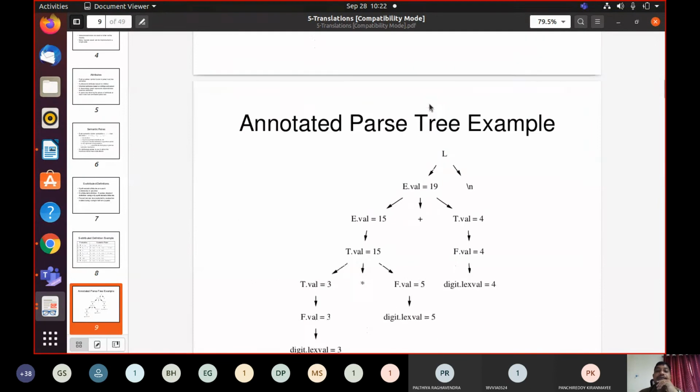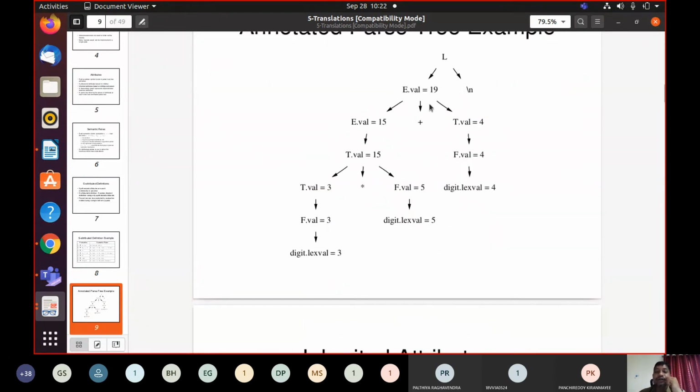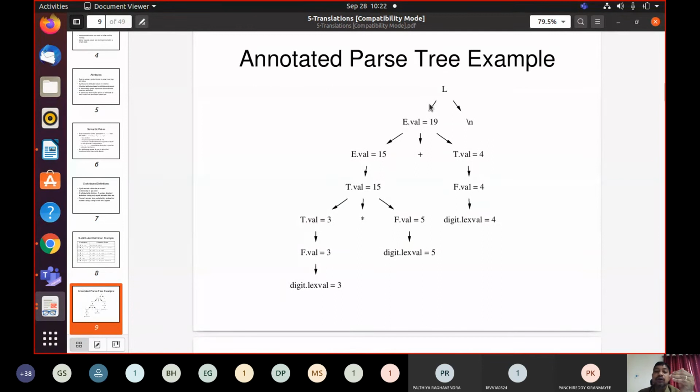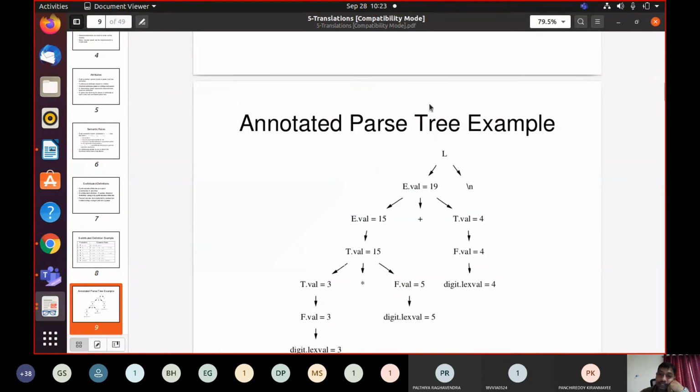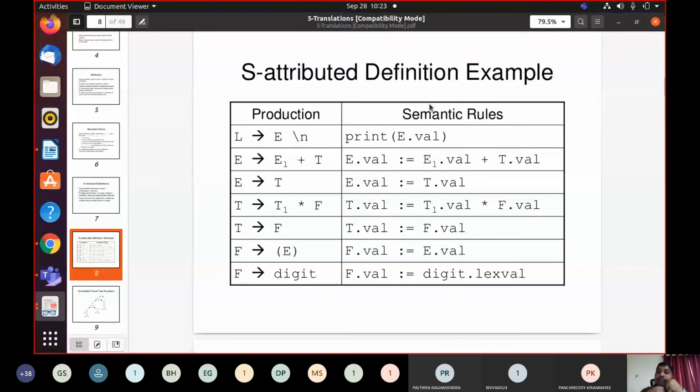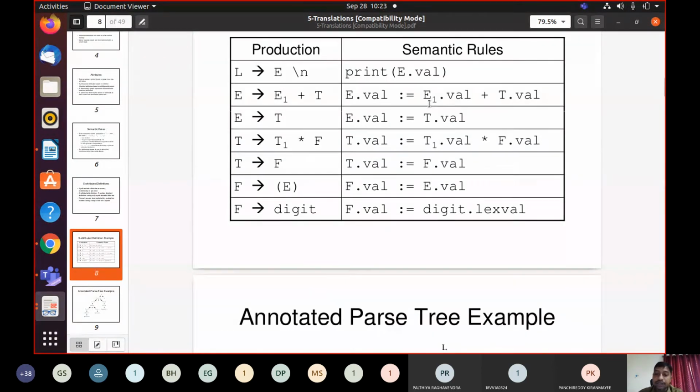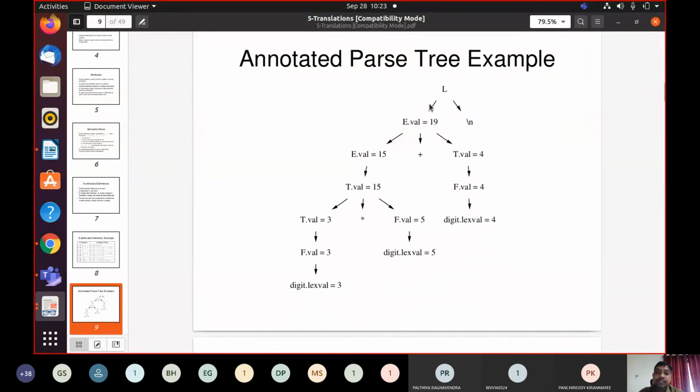Okay, now if you look at this, we don't know in which order we have to compute, whether we have to start from the root node or from the middle node or from the leaf node. The order of evaluation is not specified here, either in the annotated parse tree. Look at the semantic rules. They are simply listed out, associated with each and every production rule, but the order of evaluation is not specified in this particular syntax directed definition, or you cannot obtain the order from this annotated parse tree.